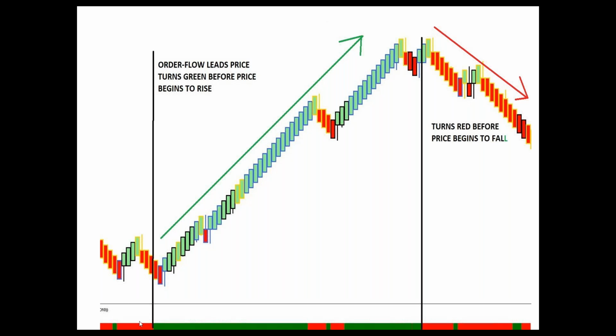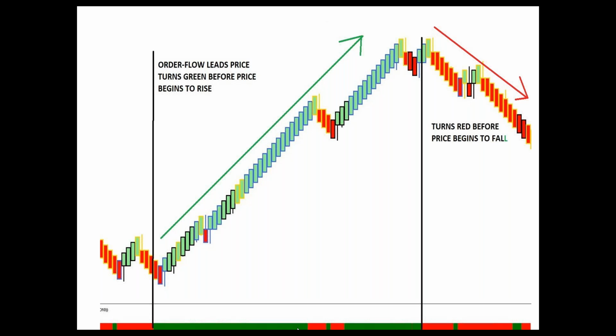And it's a leading indicator. When you get green, price is going to rise. And price rising doesn't turn this green. The fact that this is green is what's driving price up. Most charts, this is assessing price on your trading chart. So when it goes up, it turns green and tells you nothing. This is the two higher time frame market delta